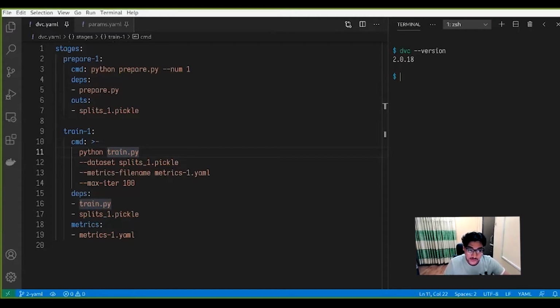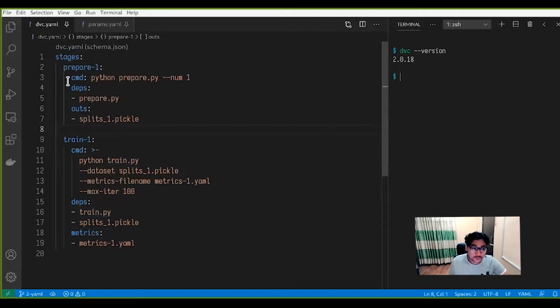Before jumping into the demo, let me go through the setup that I have here in front of my screen. What we are trying to do here is build a binary classifier based on this data set. We have two stages, prepare and train. In prepare, we take the data set and generate the partitioned data set for that specific digit that we specify here as norm1 with the flag, and it generates this output, which we then use in the training phase. We specify that as the dataset flag, and it trains the model,